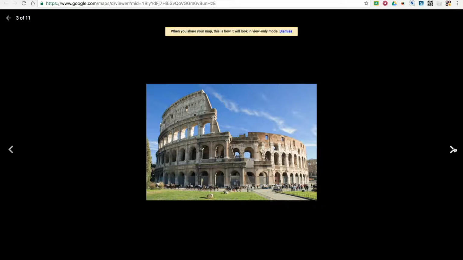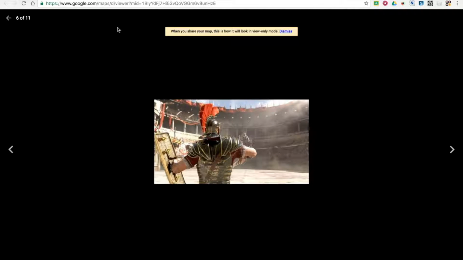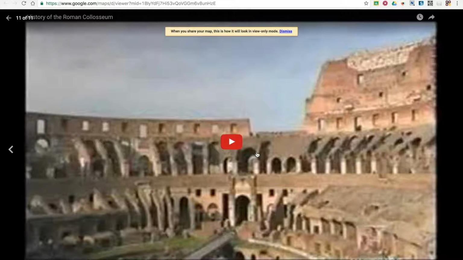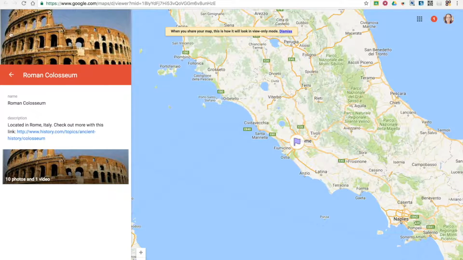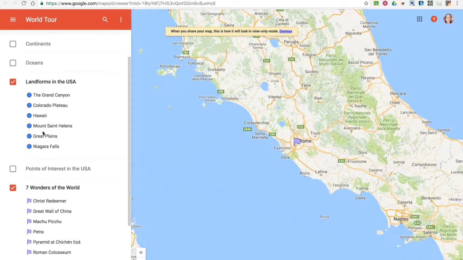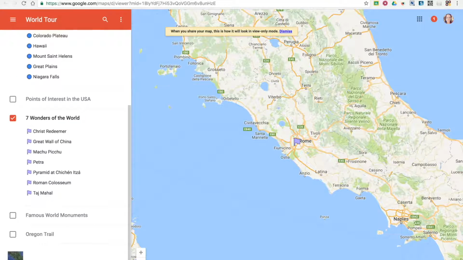flip through here in order and look at the pictures, as well as at the end there is a video, and they can watch this video. When they're done, they click this back arrow here, the little white one, not the big one up here in the top left. Click the left arrow beside Roman Colosseum beside your title, and it takes you back to the other layers. I can zoom all the way out